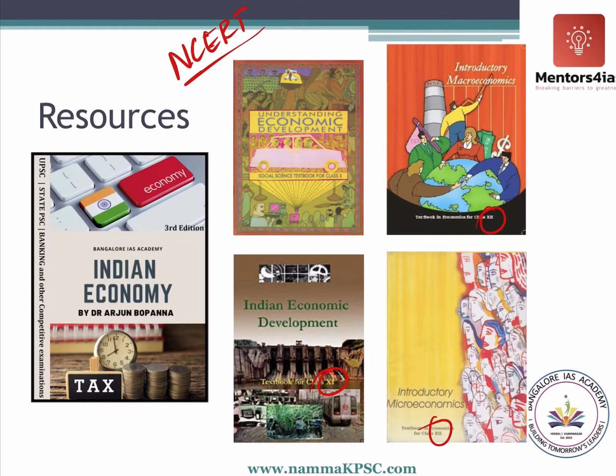If you find these NCERTs difficult, then you can go to 10th standard NCERT. If you find 10th also difficult, go to 9th NCERT. If that is also difficult, you go for 8th standard NCERT or 7th standard NCERT. So this is how you go. You determine your level of understanding, and that's how you go. Don't start off with 1st standard NCERT and then go. No, that's not how you're going to do it.